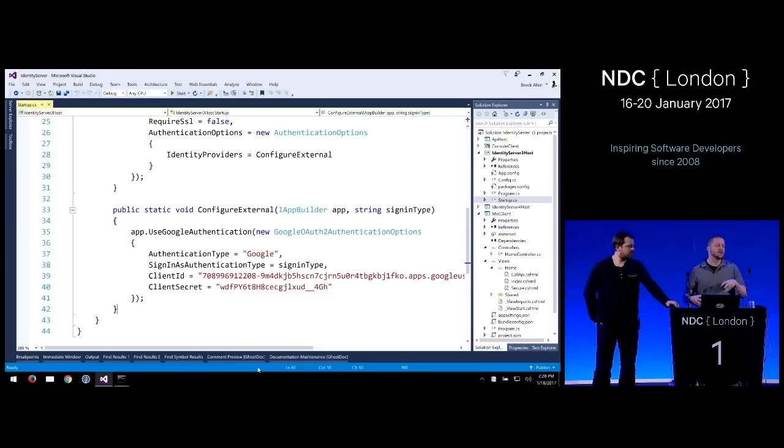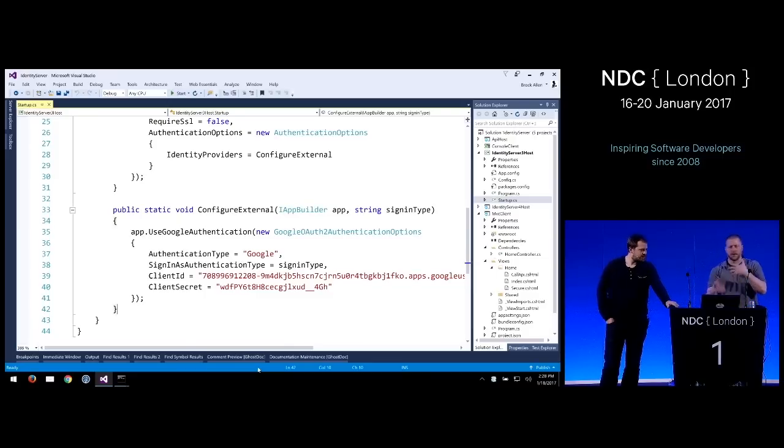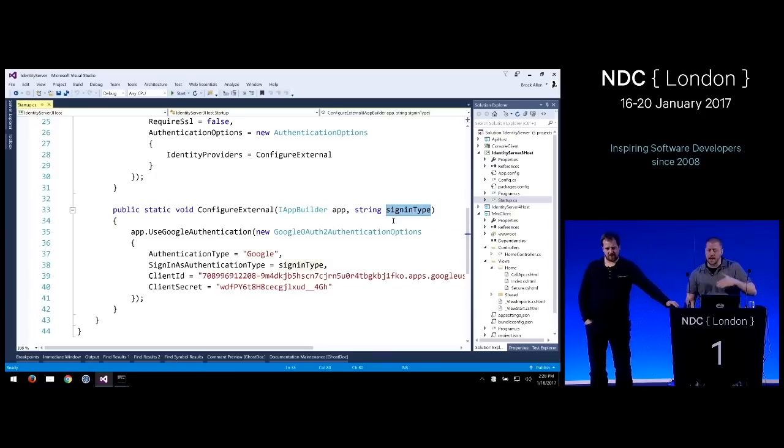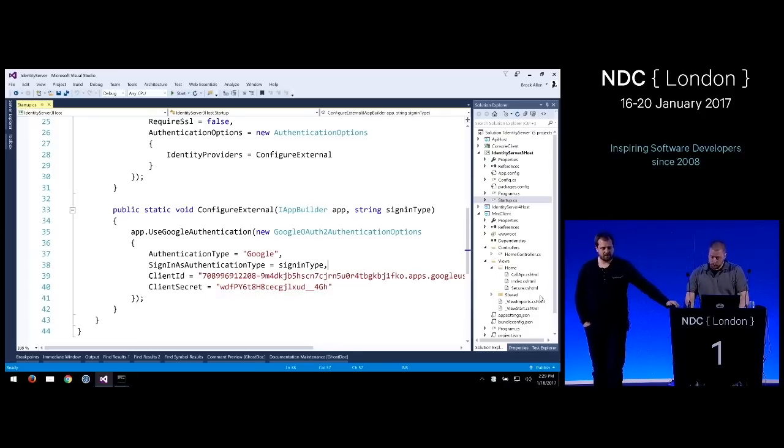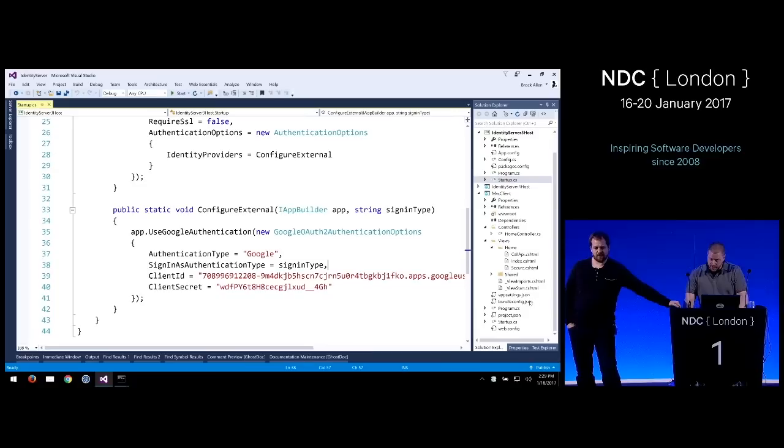Or, no, I've never seen this user before, so I need to show a registration screen or something else. So what we had is a second cookie middleware to hold that temporary cookie during this process of identifying the user. Again, that's not really necessary anymore in IdentityServer4. You'll still use a temporary cookie, but you'll just use your own. Okay? So that's what we need to have in 4.